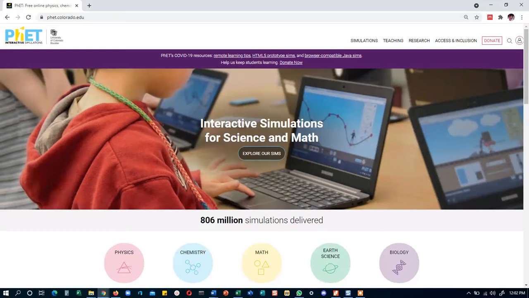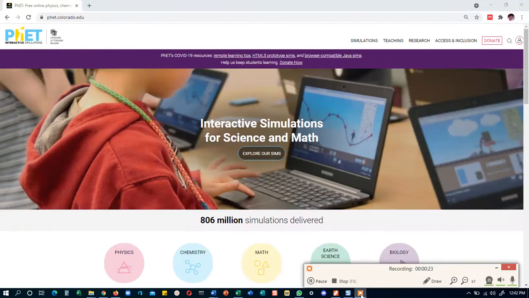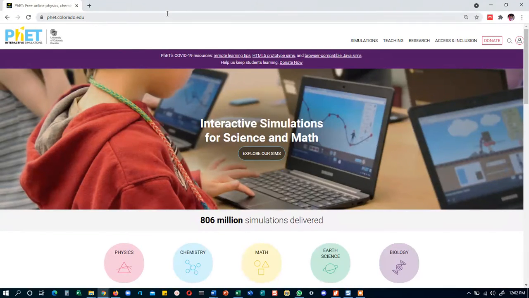On this website we have over 806 million simulations delivered to date, and today we shall be looking at how we can make use of this simulation to achieve a light and color experiment, especially in the aspect of reflection and refraction. So very quickly, I go to the physics aspect of this simulation,